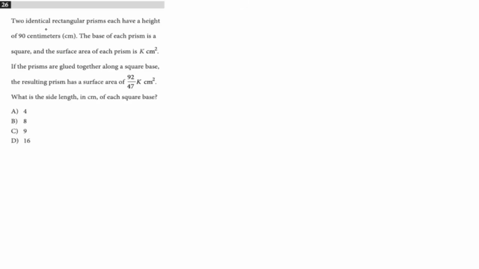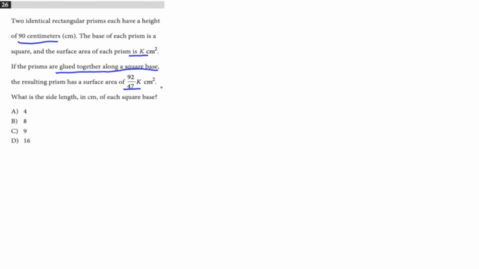So we're told that we have two identical rectangular prisms with a height of 90 centimeters. The prisms are glued together along a square base. So that means both sides on the base are the same. And the surface area of each prism is K. And the resulting prism from gluing them together is